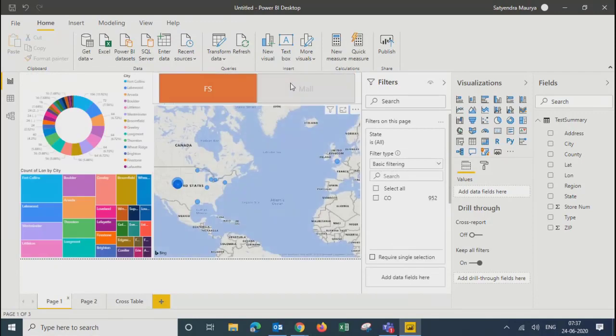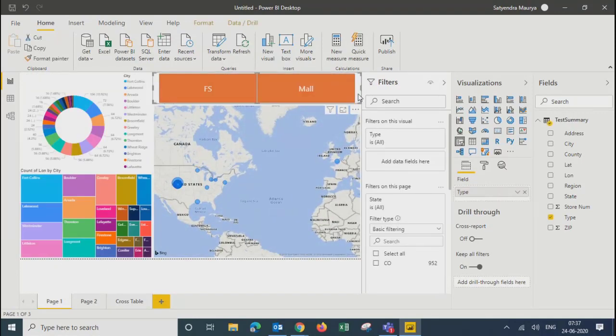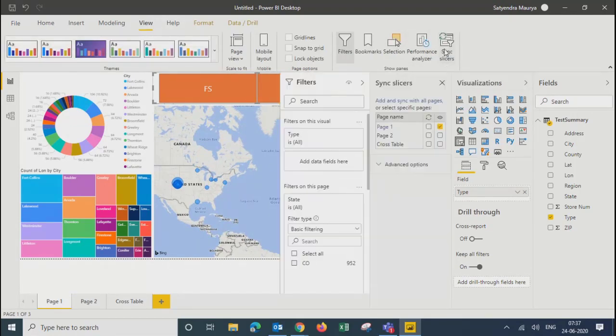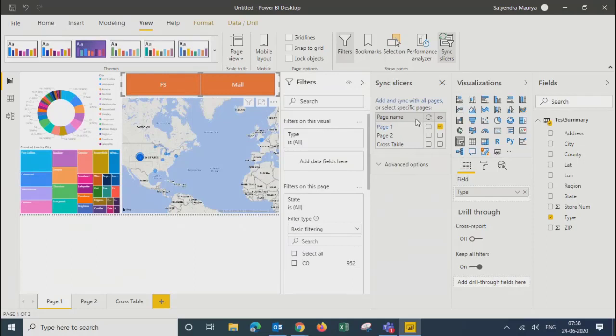So the slicer, as I showed to Avinash yesterday, I can go to View and click on Sync slicer to check where I want this to be applicable or where I want this to work. So page 1, page 2 and cross table, all 3 tabs.